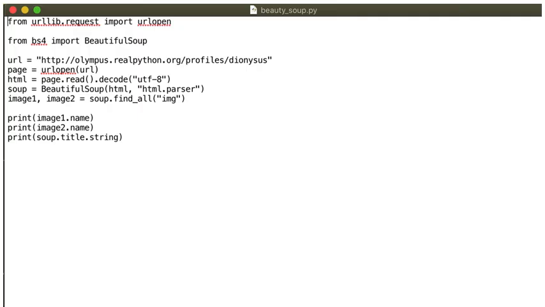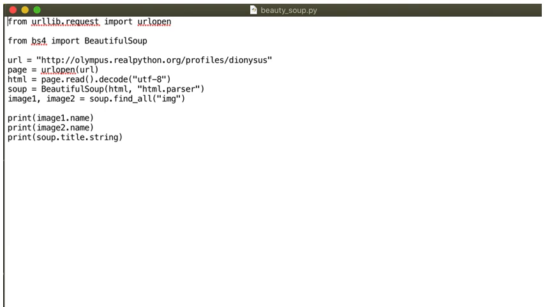Description: the code starts by importing the urlopen function, like we discussed just now, from the urllib.request module that we imported. This function is used to send an HTTP request to a specified URL. That's why it has in its parameter a URL. In this case, the target URL is olympus.realpython.org, the website we spoke about from Real Python to get the word Dionysus. The urlopen function fetches the content of this web page, and the result is stored in